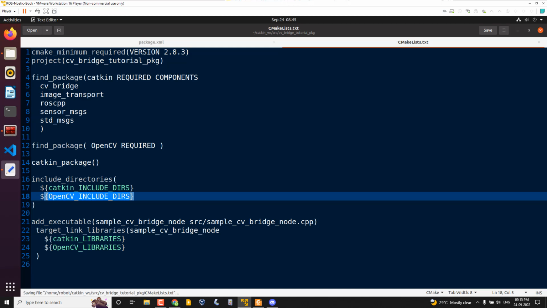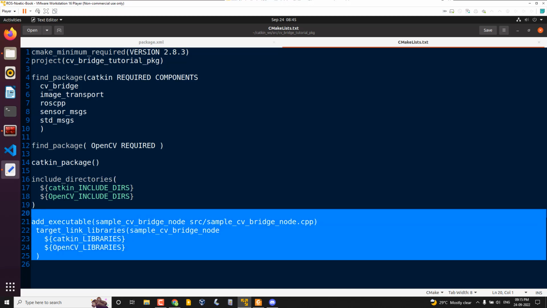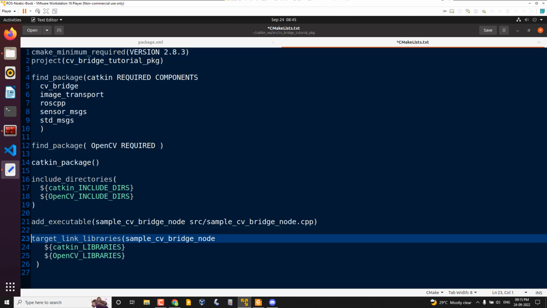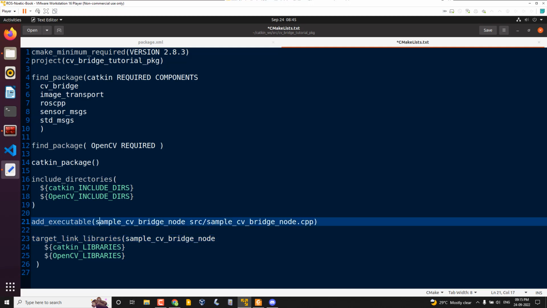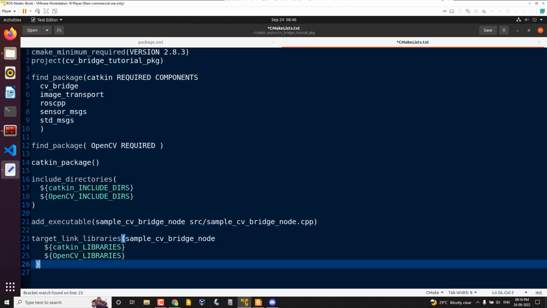And in this package there is only one node, which is called sample CV bridge node.cpp. So this is how we can build it. I think this is familiar to you, right? Using add executable. This is the executable name and this is the CPP file. If you check the src folder, you can find the CPP. So you can put your code inside the src folder, and then add these lines